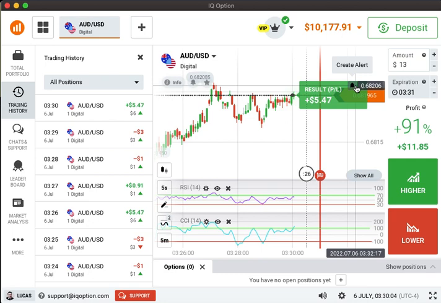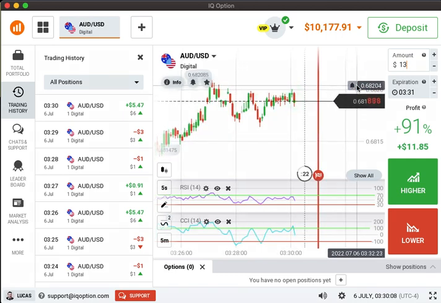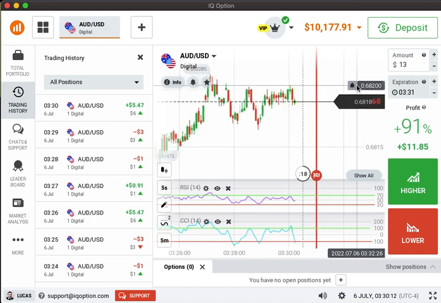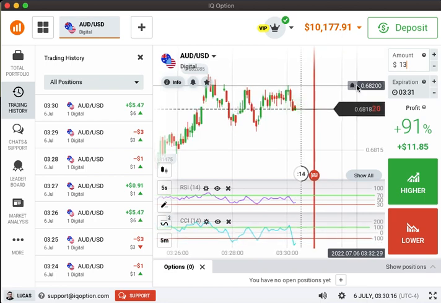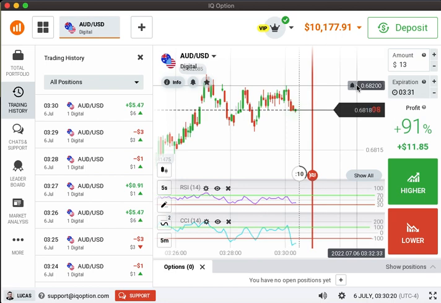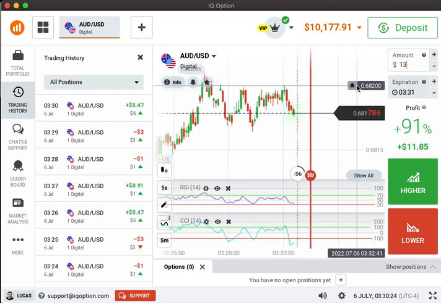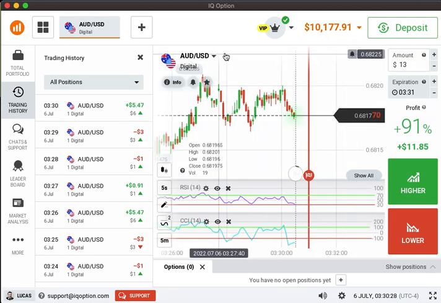So we won this trade, and we started this morning at 10,177. We only trade for 30-ish minutes. So yeah, right? We stopped at 3:30. Yeah, it's 31 minutes, right? So yeah, it's trading session 6.